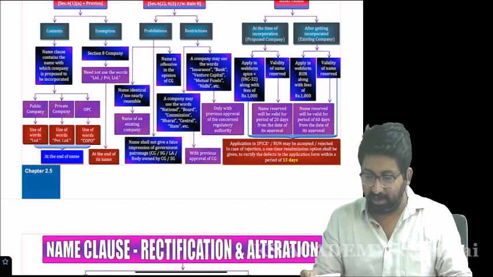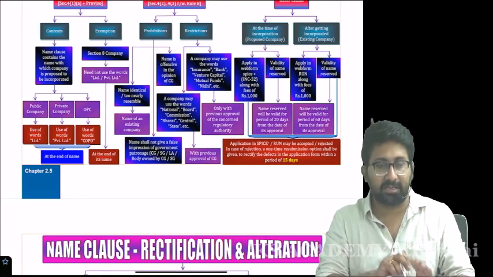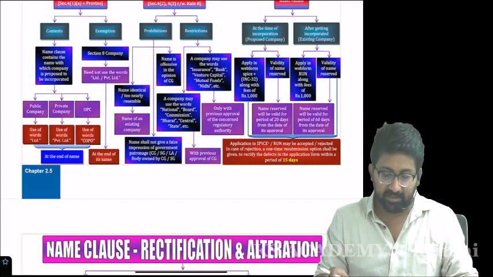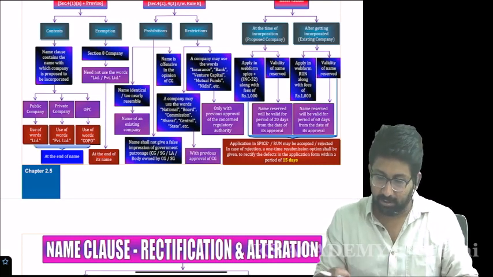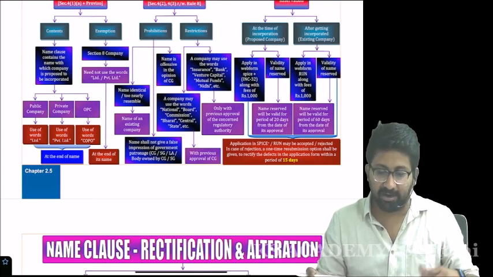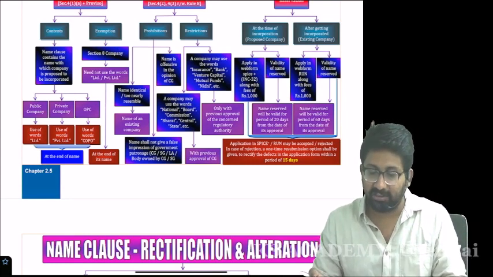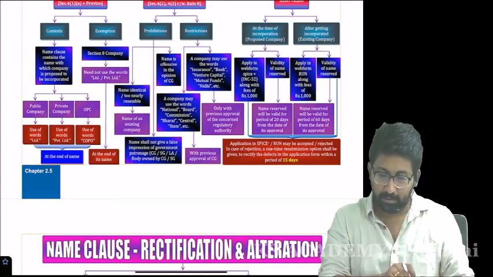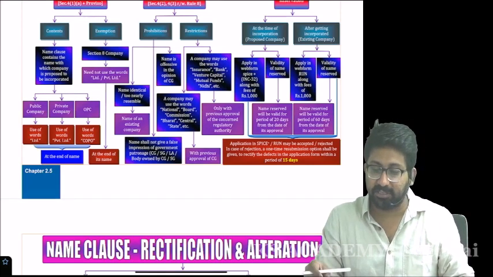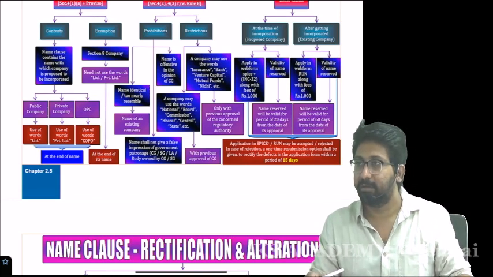Again he will read Act 2, override, memorandum, articles will come. He will turn: section 10, section 13, alteration of memorandum. Suddenly alteration of articles. Next, copies of memorandum, 17. After that, registered office of company. After that, commencement of business and rectification of name.